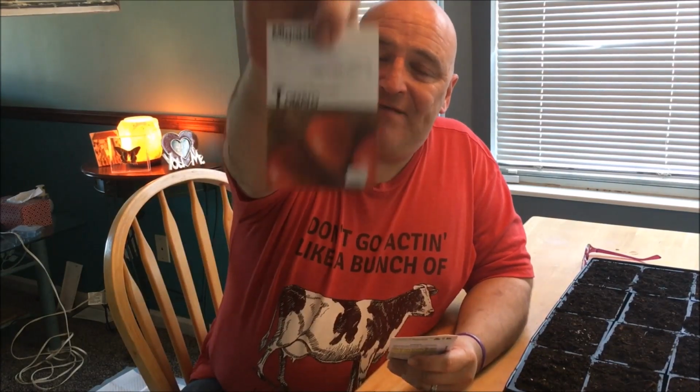Still not so sure about the Japanese Black Trifele tomato. Not really sure about this one. I'll decide in a minute whether I'm going to grow that one. Orange Russolini, definitely going to grow these. I'm going to grow 2 of these plants because I'm going to get a dehydrator and dehydrate the Orange Russolinis